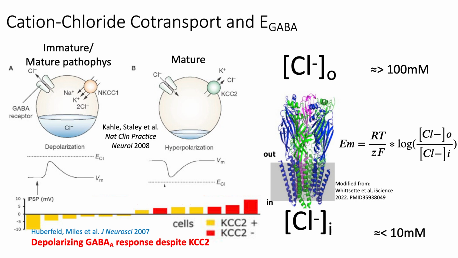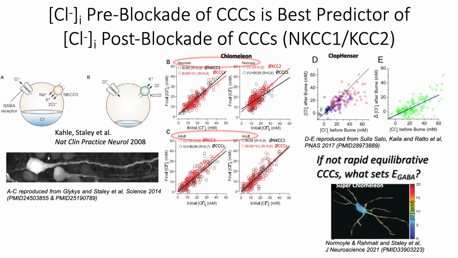Furthermore, in trying to figure out this conundrum, let's try to characterize then how important each of the cation chloride cotransporters, KCC1 and KCC2, are in setting that membrane potential,